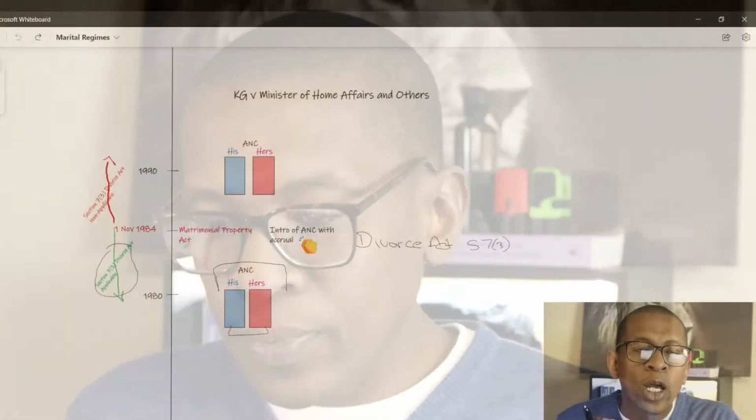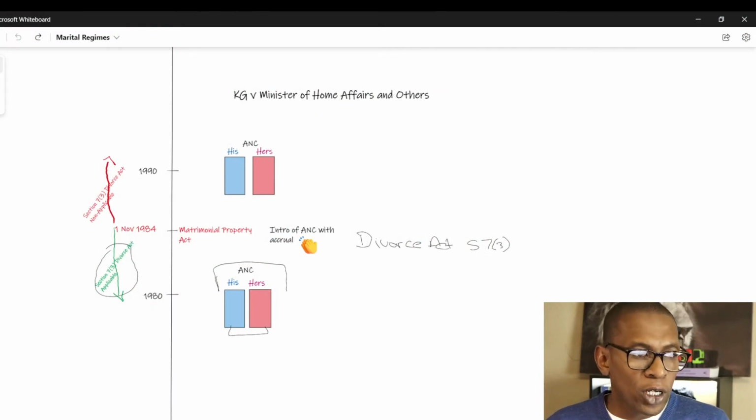And you can see clearly, I don't have to go into it, that from a bargaining power perspective, those facts show that the wife is obviously at a disadvantage, being pushed to sign something that she will not benefit from when it comes to divorce. Now, coming back to the KG case, to the South African context,